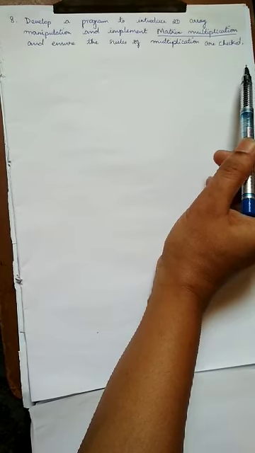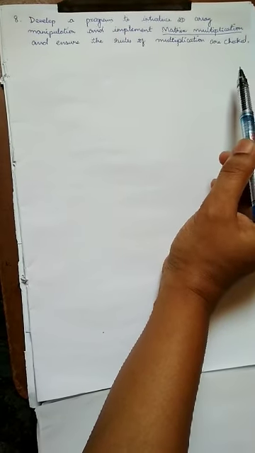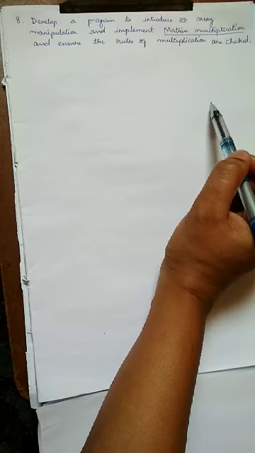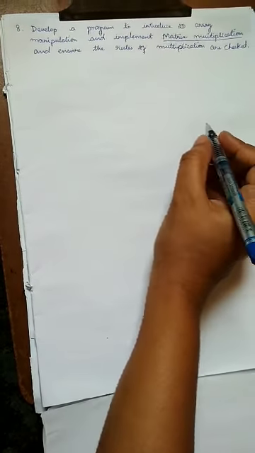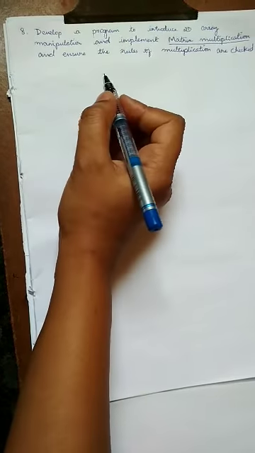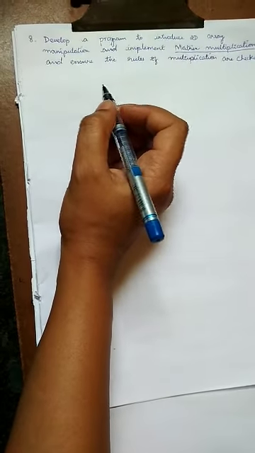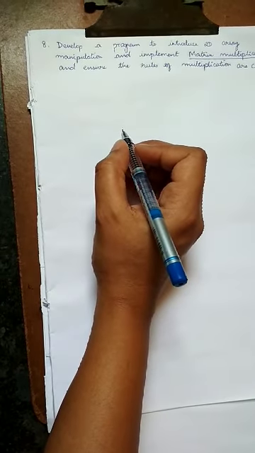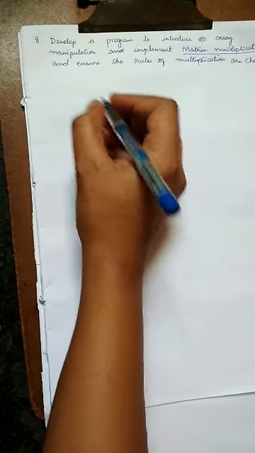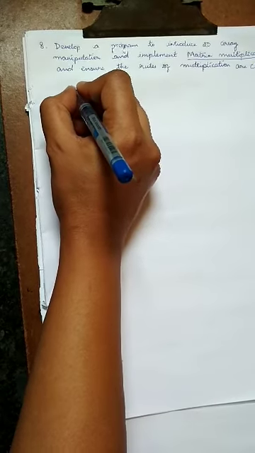So already you know what is a two-dimensional array. It contains rows and columns, right? How to declare it, how to initialize, already you are aware of it. So let us know how to do matrix multiplication. All of you are aware how to do matrix multiplication. What are the rules there?